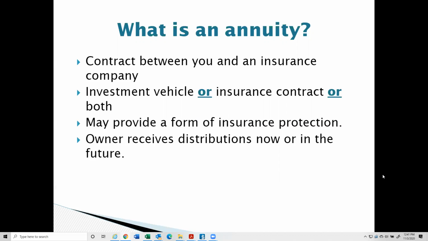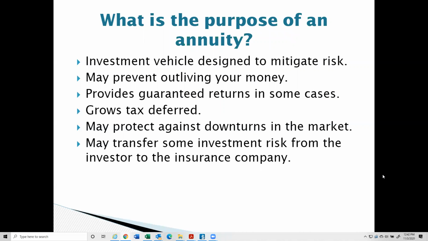Annuities are long-term contracts or investment vehicles produced by an insurance company. You invest money either in a lump sum or over time. In exchange, you can get an income in the form of regular payments. There are several types of annuities, and we'll go into the various types and their nuances. These annuities can make distributions and payments that can start at various points of time.